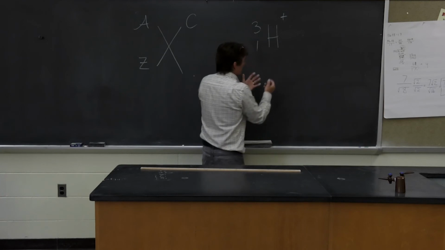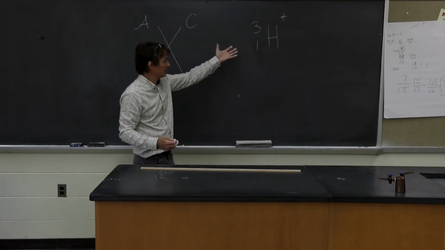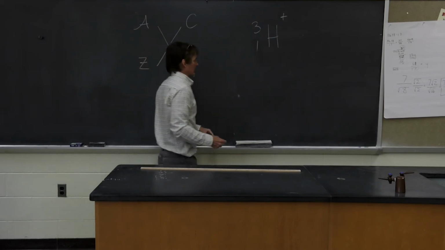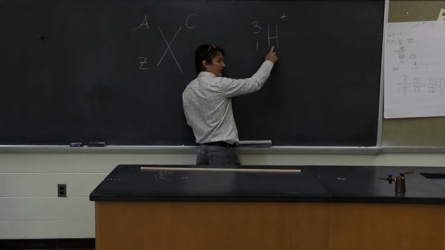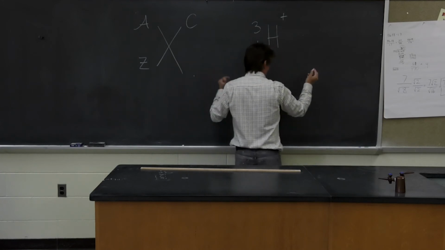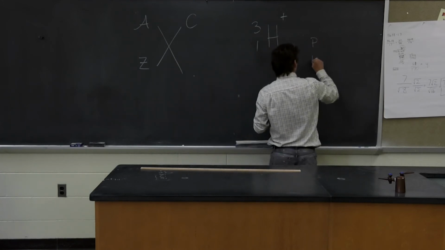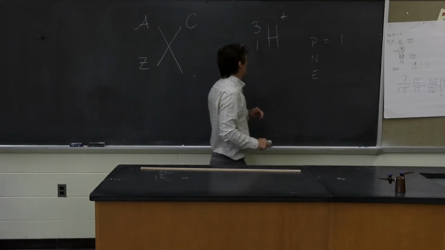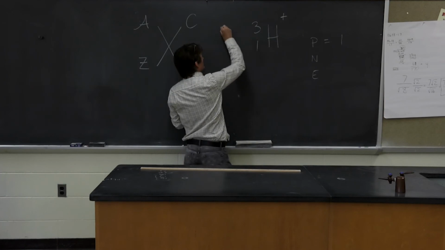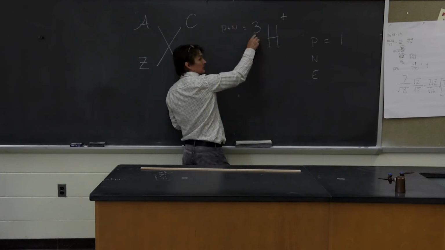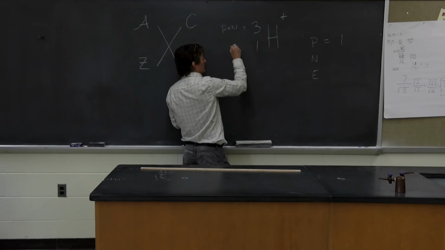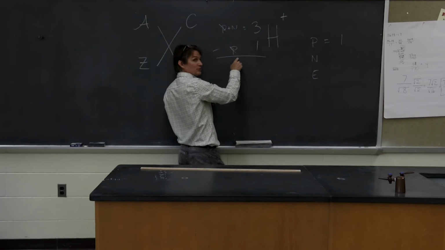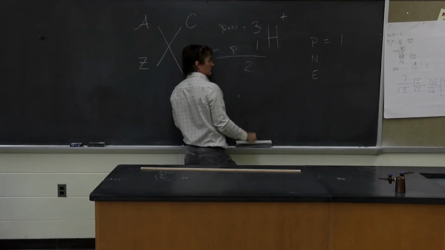Well, let's say I want to know the number of protons, neutrons, and electrons in this particular substance. Since I have hydrogen, I know there's one proton. So protons, that's going to be 1. My neutrons, well, look at this. This is protons plus neutrons. This is my mass number up here. And down here, this is my protons. These are always going to be that. If I subtract, I get my number of neutrons. 3 minus 1, that's 2. So I've